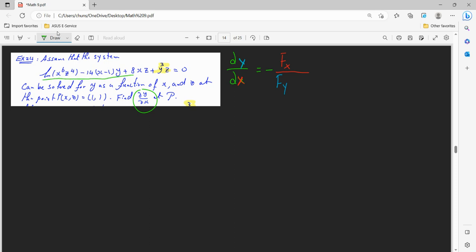So I'm going to rewrite this. This is going to be plus 4z is minus 14